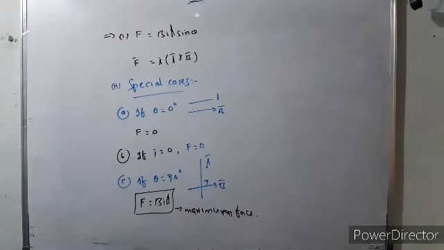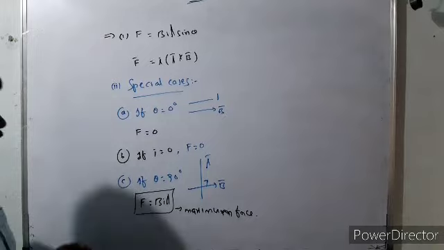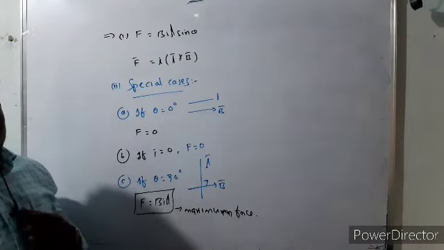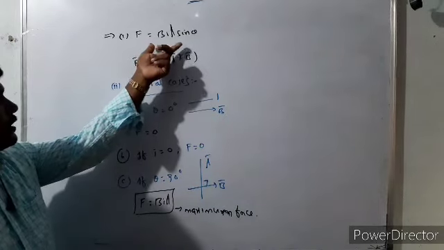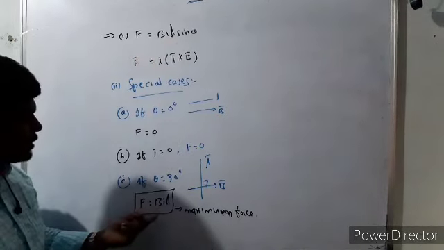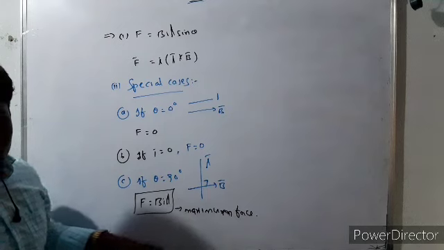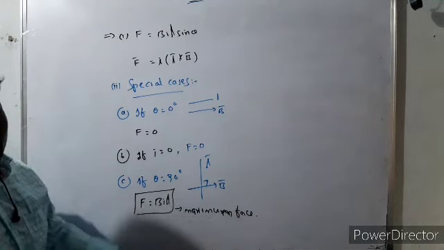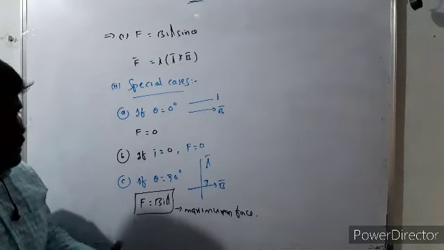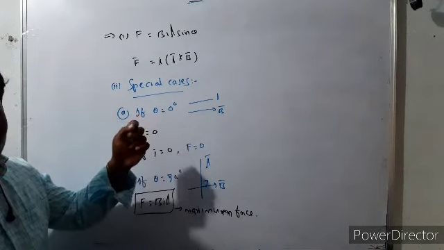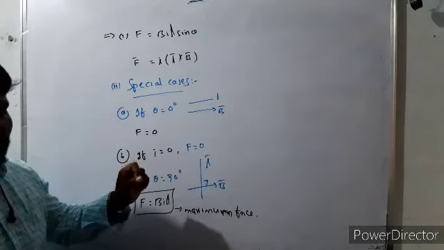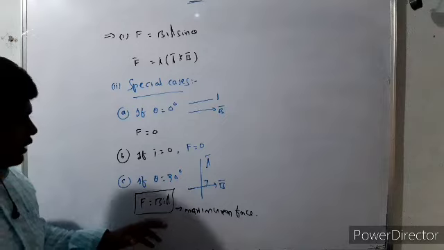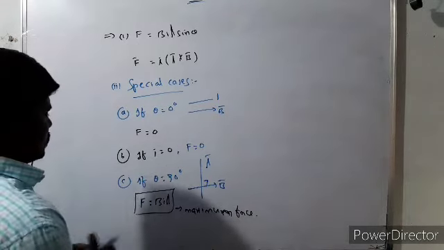Now there is a chance to ask a 2 marks question. Write an expression for force acting on a conductor when the force is maximum. The expression for force acting on a conductor is BIL sin theta. If theta is equal to 90 degrees, the force acting on the conductor is maximum. What is that maximum force? BIL. When the force on the conductor is minimum, if the length of the conductor is parallel to the magnetic field, the force is 0. These are two marks questions like this.